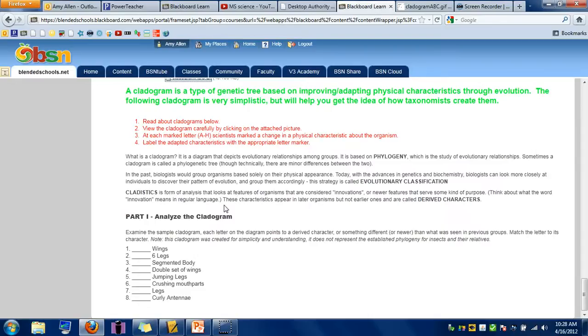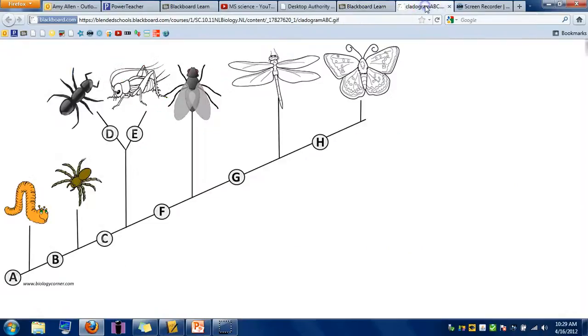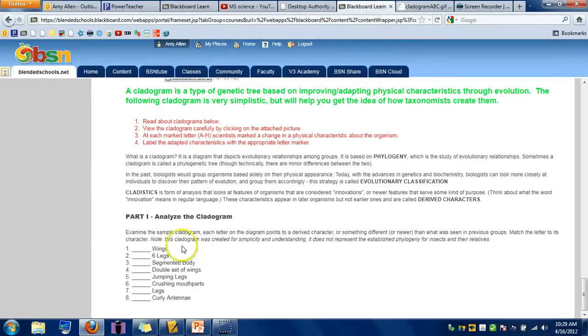Note that this cladogram was created for simplicity and understanding. It doesn't represent the established phylogeny for insects and their relatives. So, the derived characters are in this list here. You're looking at the diagram and you're saying, okay, what is different between things that came before this creature and this creature itself? What does this have that things before it did not have? And your list of choices would be wings. Did it have wings? No. Actually, we can